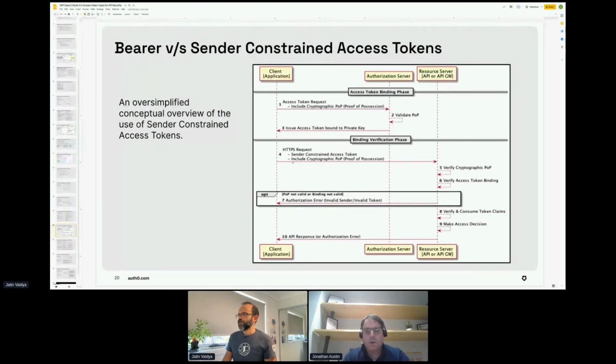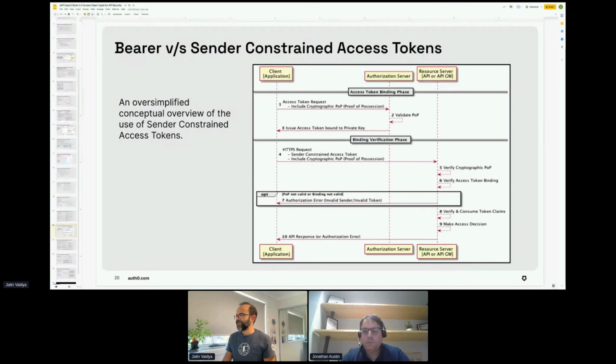Now in order to use that sender constrained access token, it does a regular HTTPS request to access this particular API or an API gateway. There, it also includes another cryptographic proof of possession. The resource server does two things. One is to verify the cryptographic proof of possession, and then it also verifies that the access token is bound to this particular client by verifying the token binding as well.